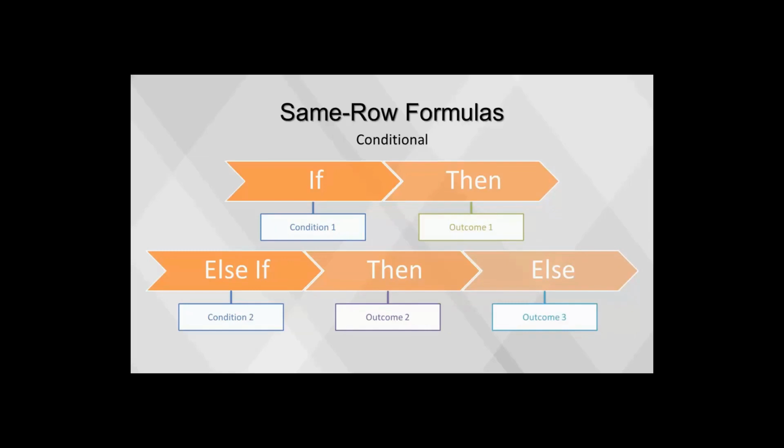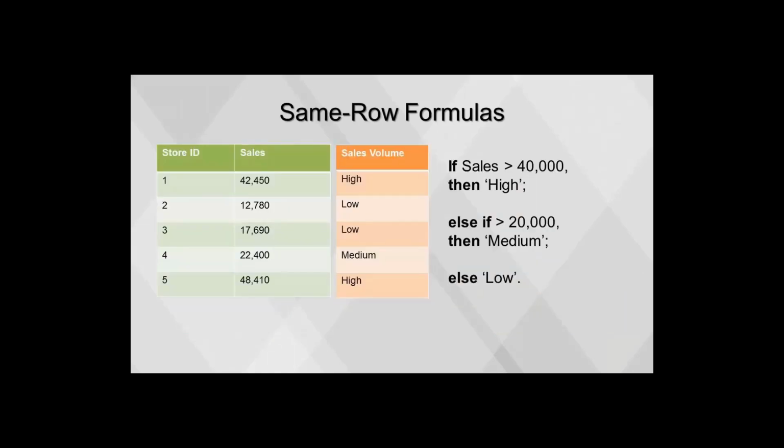as the analyst can assign any value when the condition is met, and can use as many conditions and outcomes as needed. While there are many applications of conditional statements, one of the most common is to bin or tile numeric variables, a process which transforms the continuous numeric variables into categorical variables.